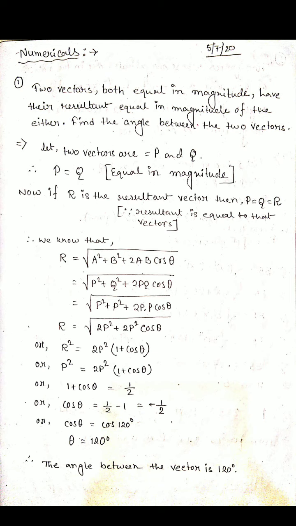In last class we started a new chapter, motion in a plane, and we discussed three rules of vector addition: triangle law, parallelogram law and polygon law, and two properties of vector addition, that is, vector addition is commutative and vector addition is associative. Related to those laws and two properties, today we discuss some numericals, then we start a new topic in this chapter, related to vectors.